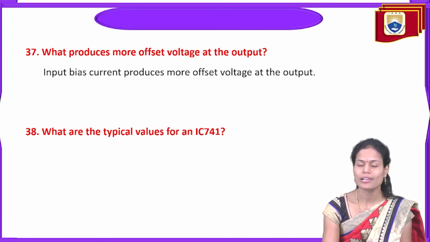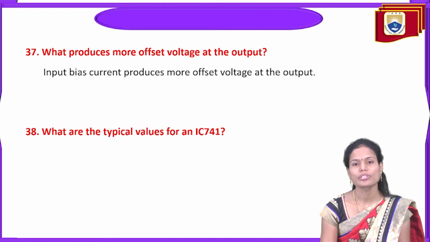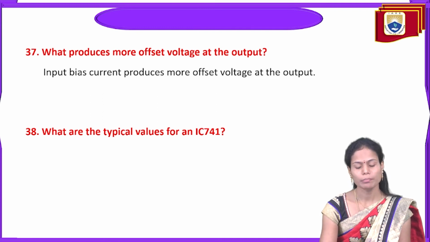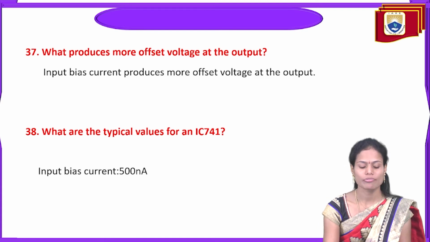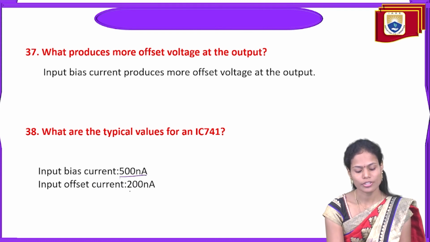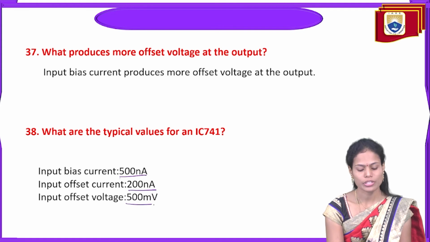The input bias current present at the input terminals of the operational amplifier will produce more offset voltage across the output of the operational amplifier. And what are the typical values for an IC741 operational amplifier? The input bias current is 500 nanoamperes, the input offset current is 200 nanoamperes, and the input offset voltage is